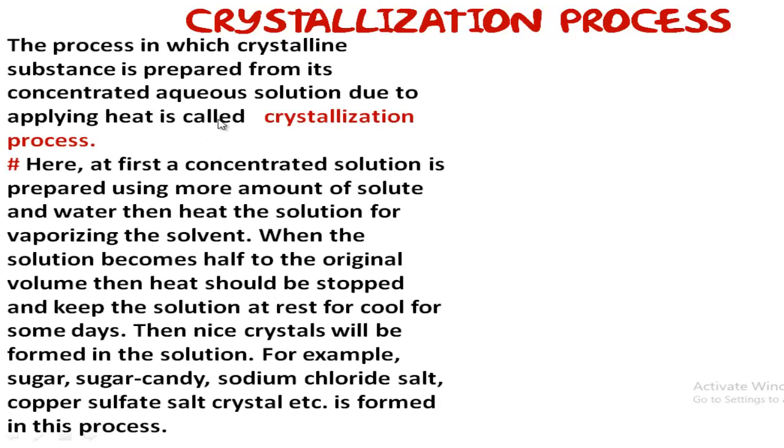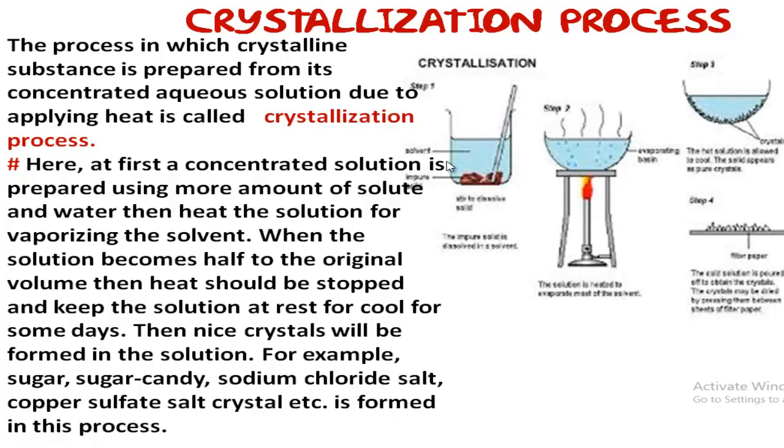Follow this. The process in which crystalline substance is prepared from its concentrated solution by applying heat is called the crystallization process. So how can we do this process? Follow the picture. At first we have to prepare a concentrated solution of the crystalline substance. For example, you want to make